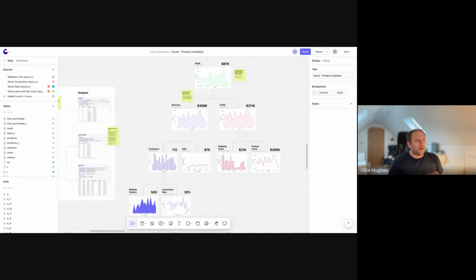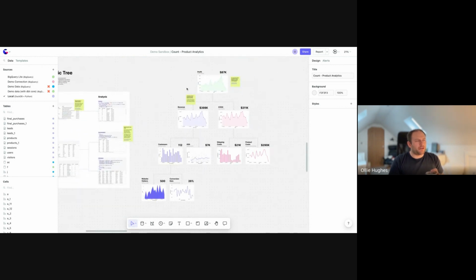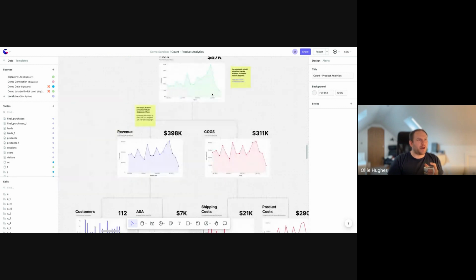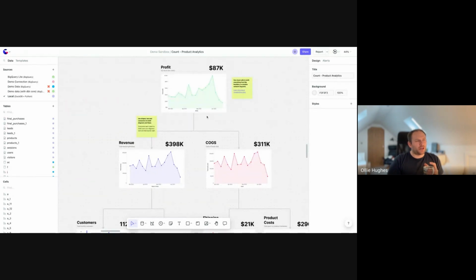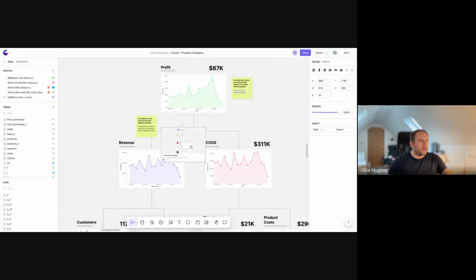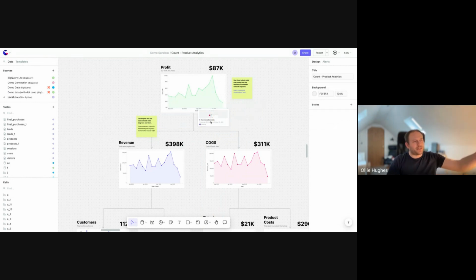A common example of this, which I haven't got here but just to tease you with, is what we call a dashboarding tree. You have a metric, and then a link to another canvas giving a breakdown of profit by different sectors, which the user can click on. So you have the top level metric as a trend line, and you can embed another canvas into the canvas as well. Here's another canvas which you can literally embed as a thing to click on to go to the detail below that metric. So it gives you high level metrics with a drill down capability to look at this metric in more detail by different cuts.